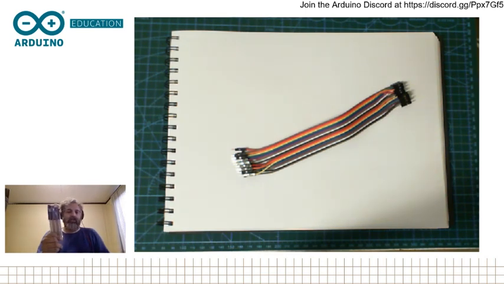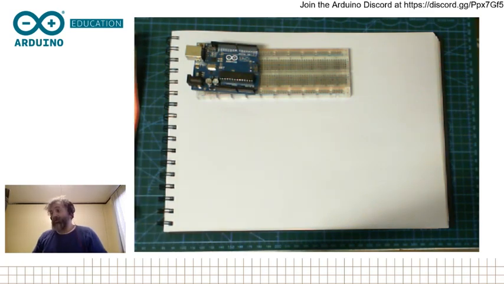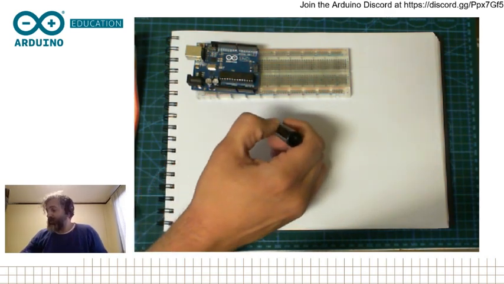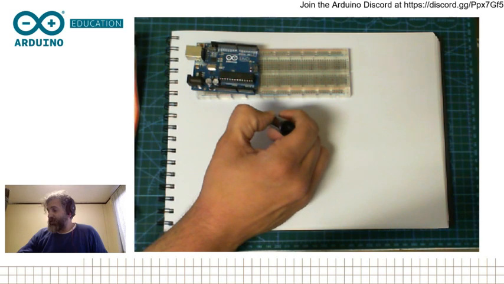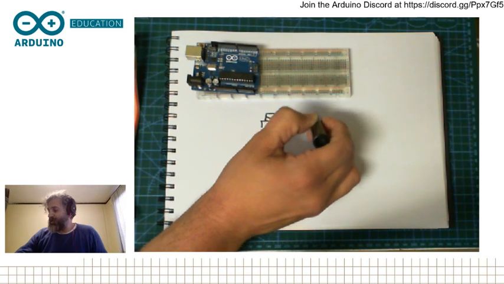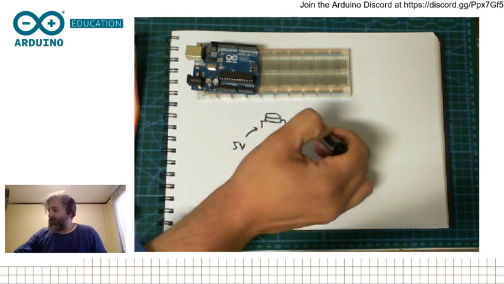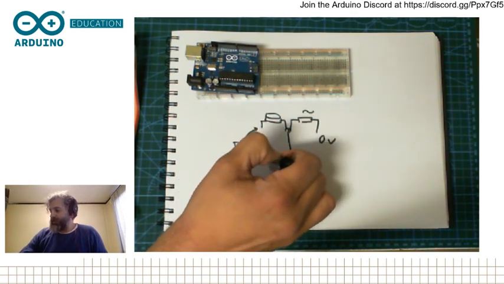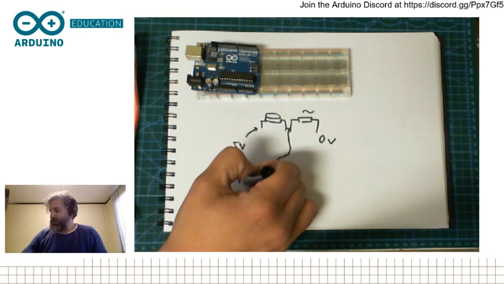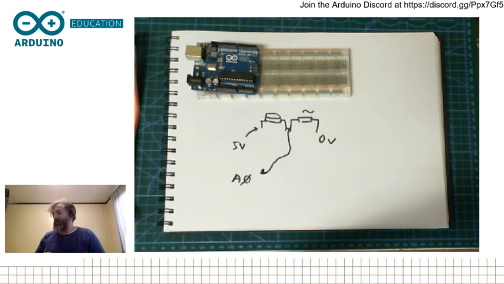So I'm going to be showing you the first experiment with the LDR and the Arduino board. And the basic principle for this, if you're unused to it or you have never seen it, is that you will put an LDR, which is the light dependent resistor, and you will put a normal resistor, and this is the one whose value I want to be changing just to make sure I get the best range. You put 5 volts on one side, 0 volts at the other side, and this will be the sensor input that will go to an analog pin, for example A0 on Arduino, and then I will just read this value on the serial port and see the result.